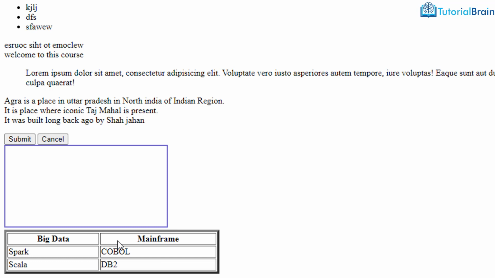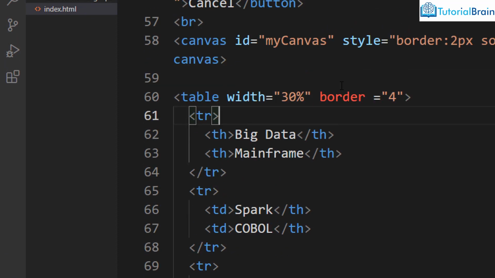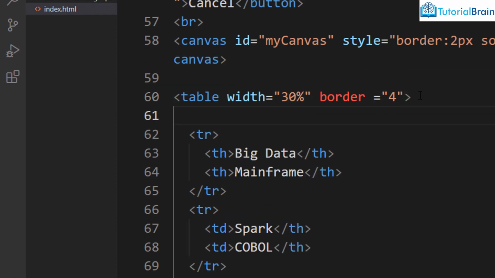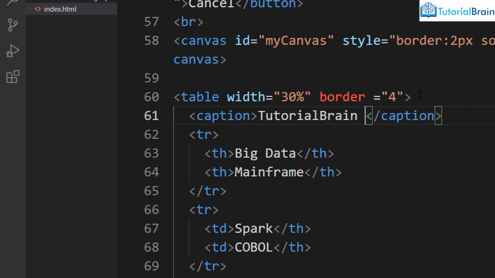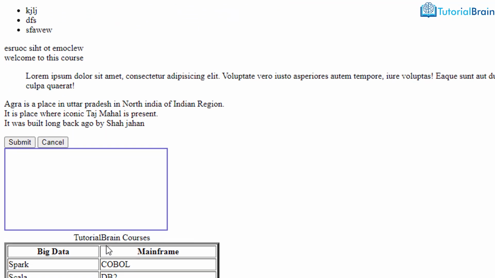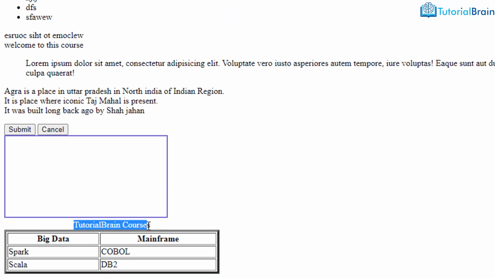So if you want to add a caption, what you can do is you can just come here, and here you can just give caption, and you can just add something, for example, tutorial brain courses. Okay, and if I just save it, now you see here we have this particular caption down here,